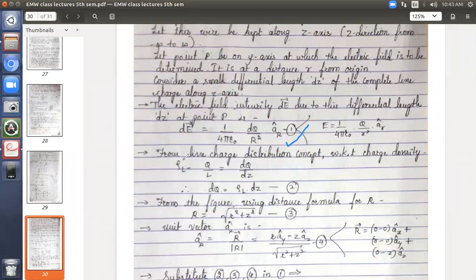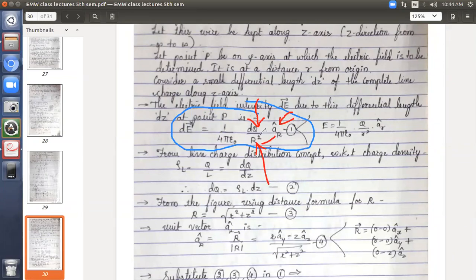And we have already seen the definitions of line charge concepts. The linear charge density rho L is equal to Q by L, charge by the parameter. The parameter is the length. Q by L in general. For our smaller element, it is dq by dz. Okay. And what am I doing here? Let me just tell you. This is our equation 1. In equation 1, how many unknowns are there? You just check it. One unknown is dq. The other unknown is capital R. The third unknown is the unit vector associated with capital R. These three things are unknown to us.